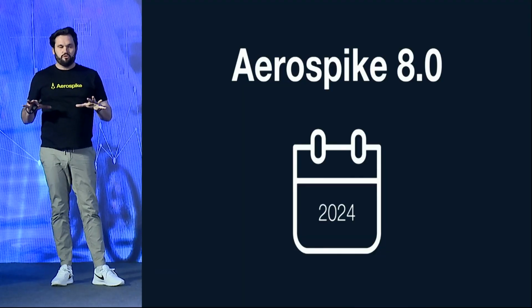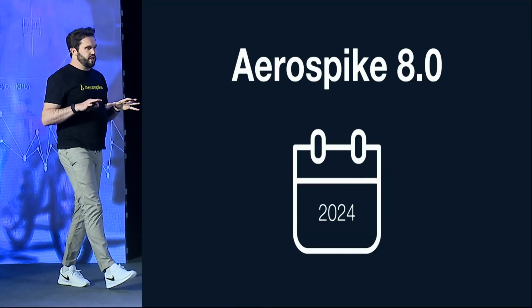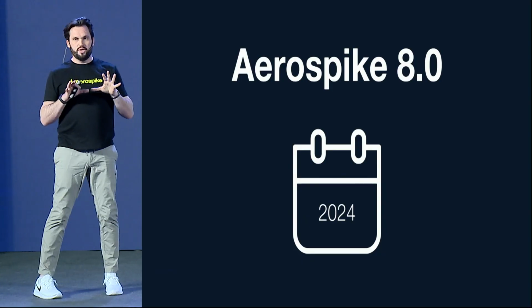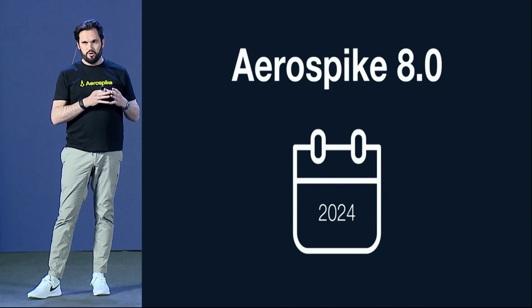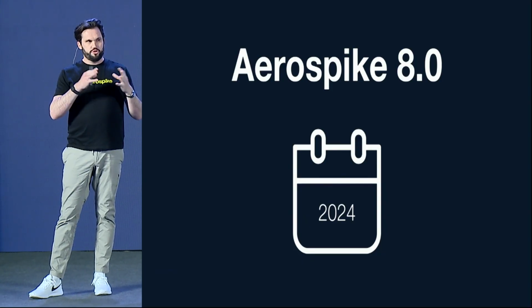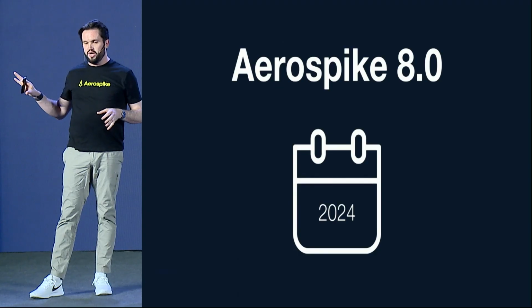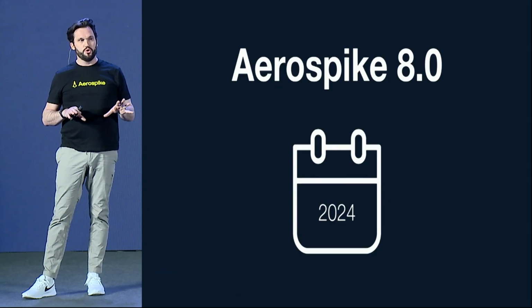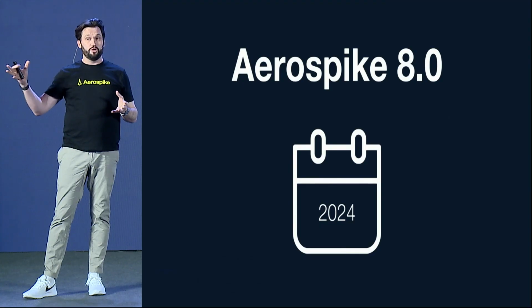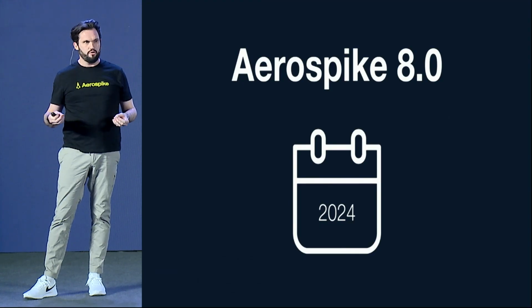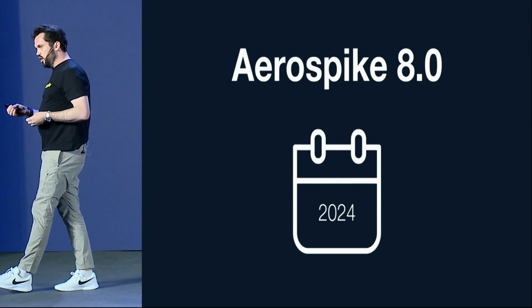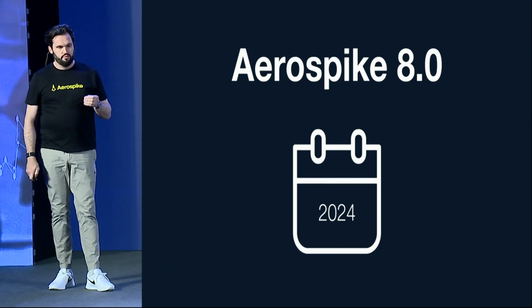Again, our target for Aerospike 8.0, our target for multi-record transactions, is going to be this year, but we do have some folks playing with it already. In terms of clients, today we just have the Java client. We'll have a Spring Data client very soon. Before we go to general availability, we'll have all of the clients that we have as standard for our Aerospike product. So you'll have Go and you'll have Python, etc.